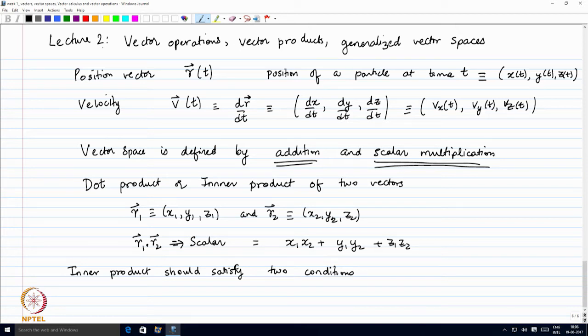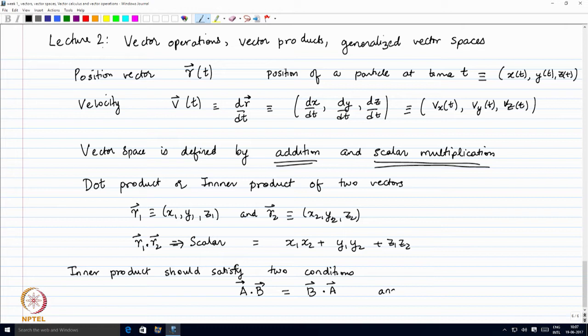Okay, I'm writing the two main conditions. There are other conditions which I am not writing here. The two important conditions that they should satisfy: if you take two vectors A and B and take the inner product, the dot product, A dot B should be equal to B dot A,